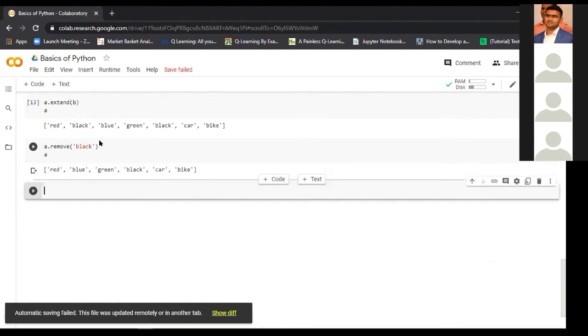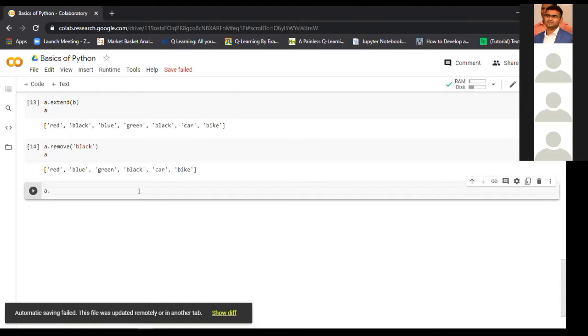So you can see that the first black was deleted. So it is now showing red, blue, directly blue. It removed black, and the rest of the elements are as they are. So remove is the method which searches for the element in the list and deletes the first appearing element in the particular list. But if there is no such element present, it will give us an error that the element is not found.